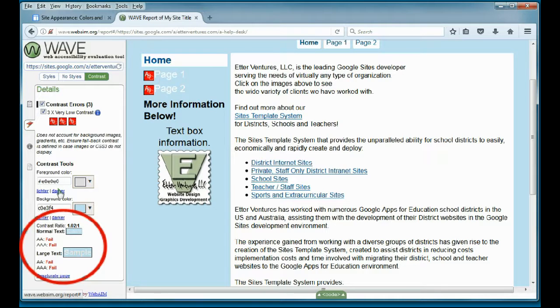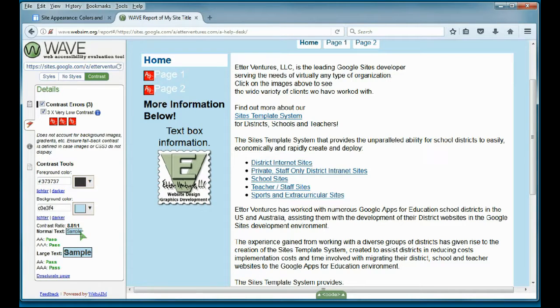So in order to do that, they have these little buttons here for foreground and background that you can make it darker or lighter. And you can continue to click darker, darker, darker, and it will go into darker shades until both the fine print and the large print is on pass. Once it's on pass, you know that if you wanted to, you could take the HTML color and put it